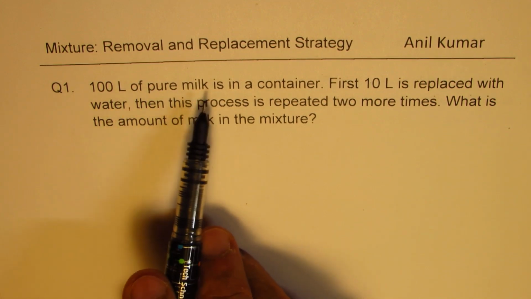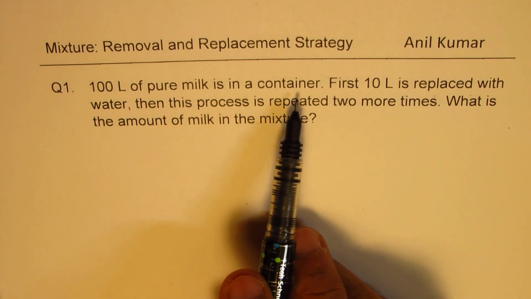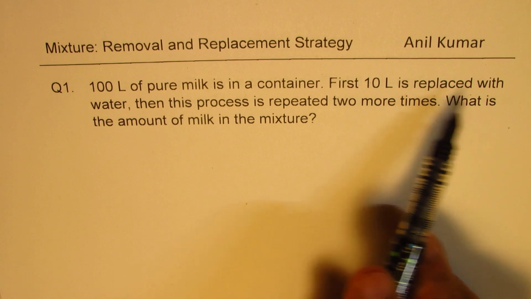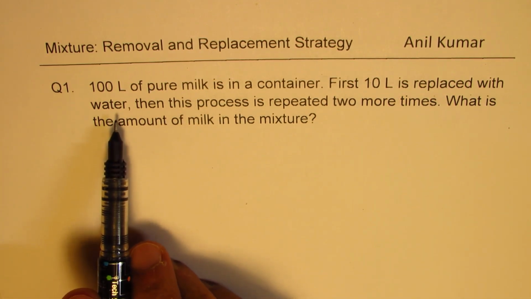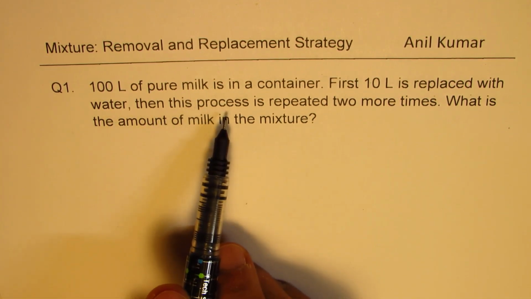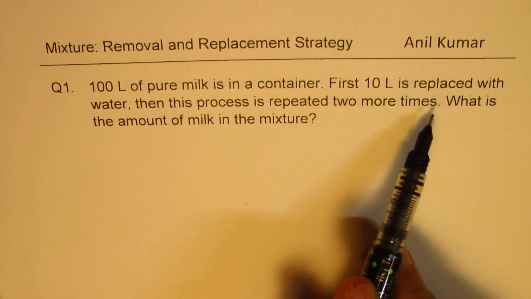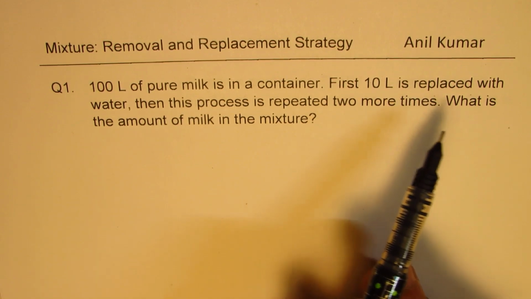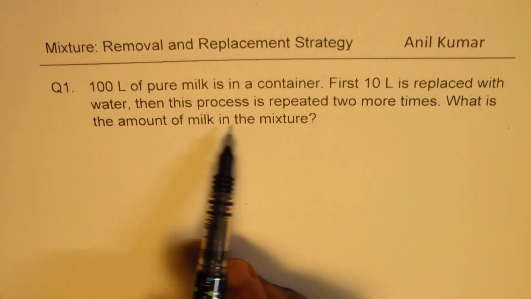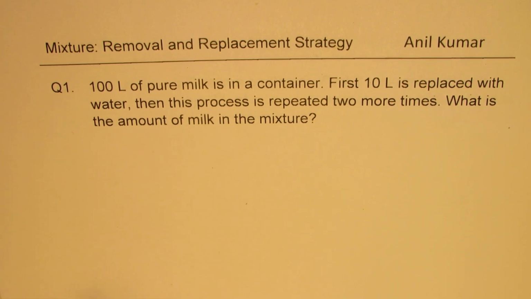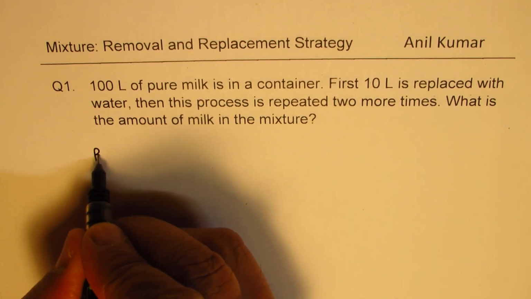100 liters of pure milk is in a container. First 10 liters is replaced with water. Then this process is repeated 2 more times. That means 3 times in all. What is the amount of milk in the mixture? So remaining. So our formula was what remains